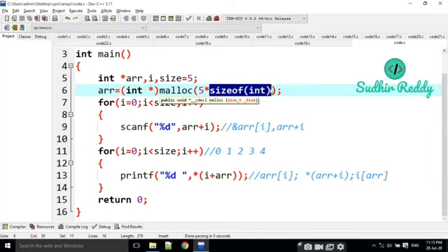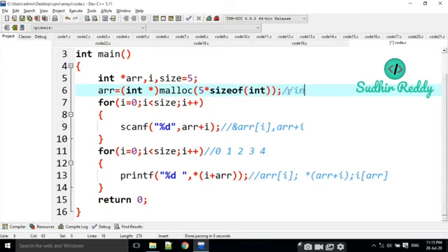What is the size of int? For example, int is 4 bytes here. 5 into 4, that means 20 bytes of memory is going to be allocated to the array.